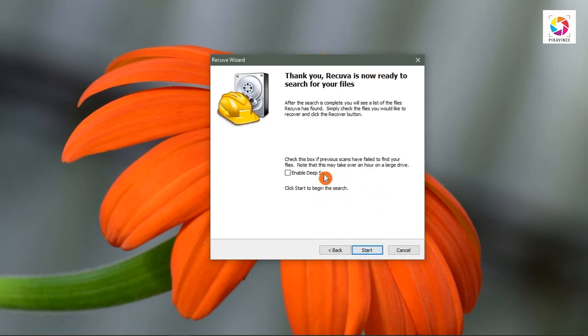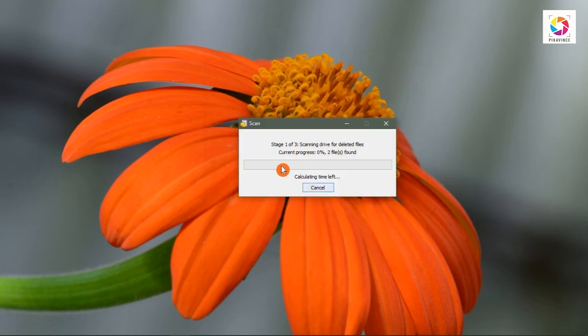And here, if you actually want to retrieve very old photos, or if you accidentally overwrote some of the photos, then it's better to go for deep scan. Enabling deep scan will take longer time, but again it will retrieve more photos, so it's better to go for enable deep scan. Normally based on the card you are using, it will take that amount of time. That time may vary from 10 minutes to 30 minutes based on the size of the card. So we'll just wait for this operation to finish.